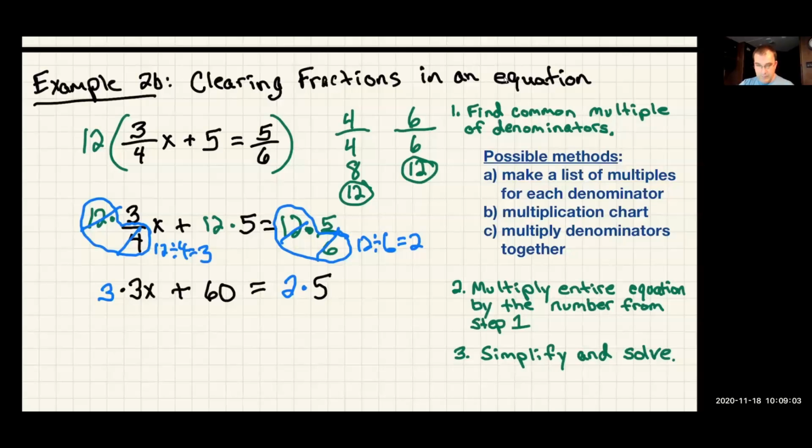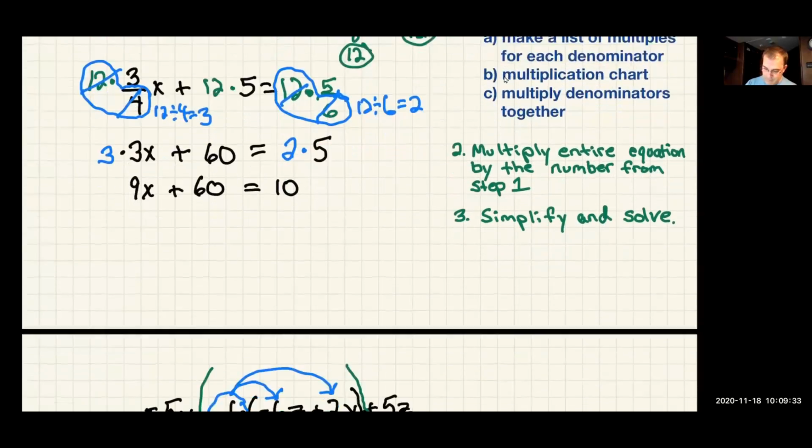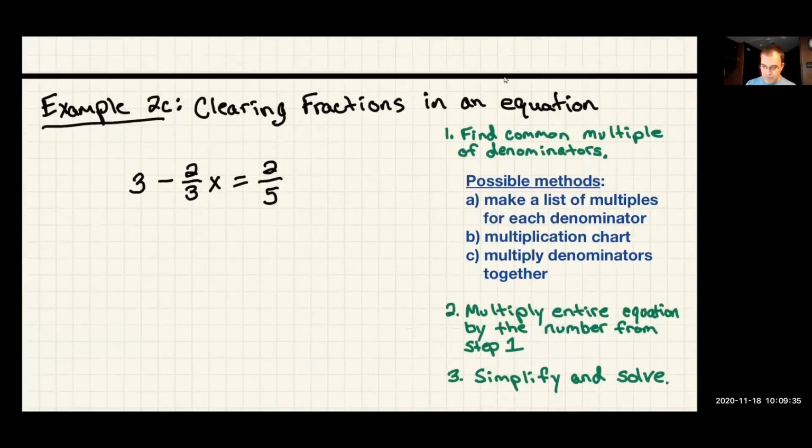All right, that much. We just have one last step to get to a basic two-step equation, and that's the multiplication. The 3 times 3x gives me 9x plus 60 equals that 2 times 5 is 10. Now it's a very nice two-step equation to solve. I'll leave it there, but to finish solving it, we would undo the addition of plus 60 and then undo the multiplication of 9. All right, so the next one,